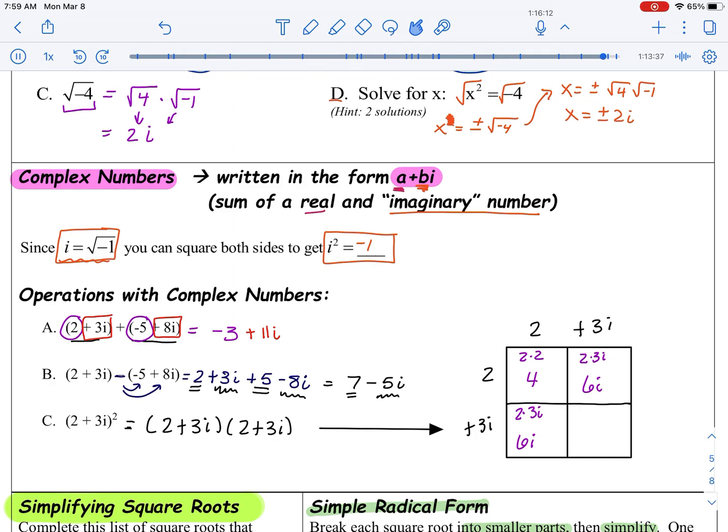Now for the bottom right corner, we have 3i times 3i, which is 9i squared, but I'm going to remember that i squared equals negative 1. So that's really 9 times negative 1, or negative 9. So to get my final simplified answer, 2 plus 3i times 2 plus 3i, that's 4, plus 6i, plus 6i, minus 9, or negative 5 plus